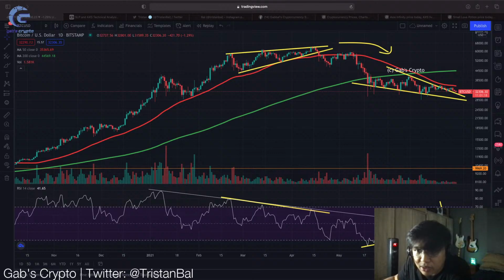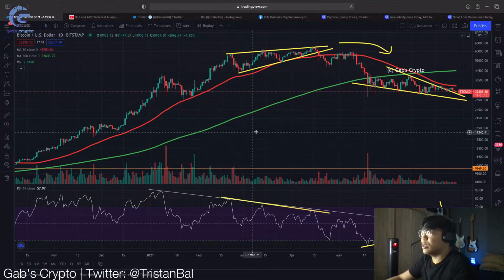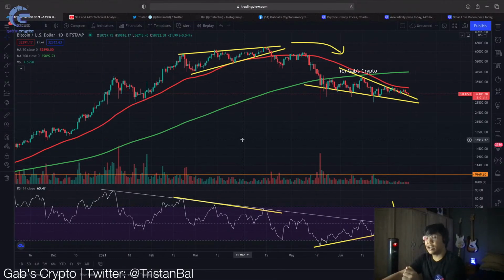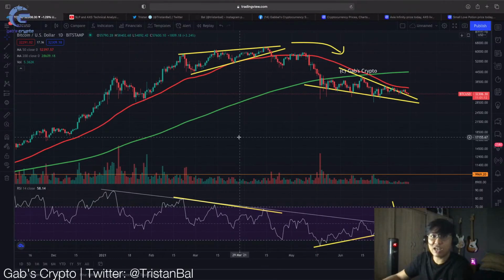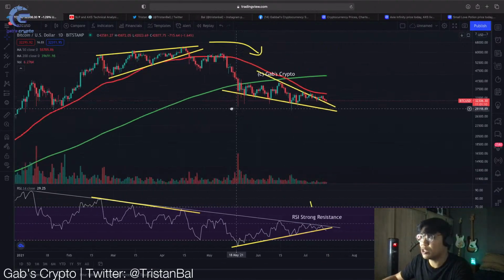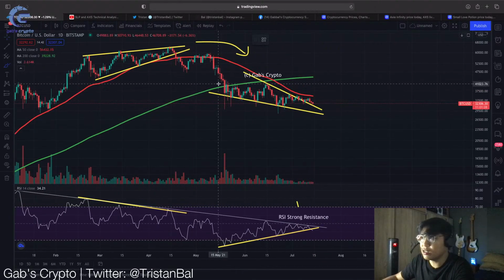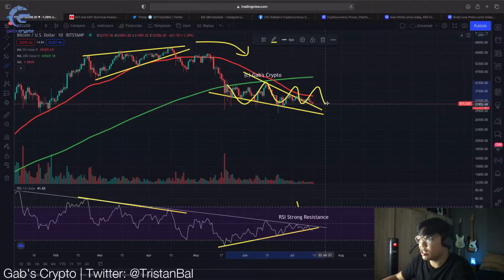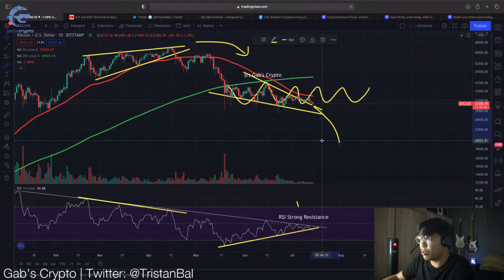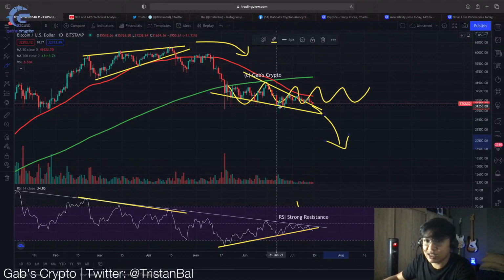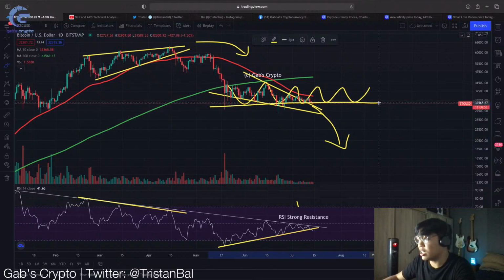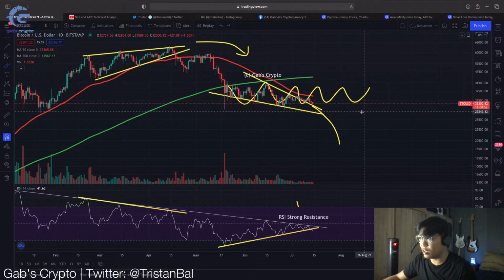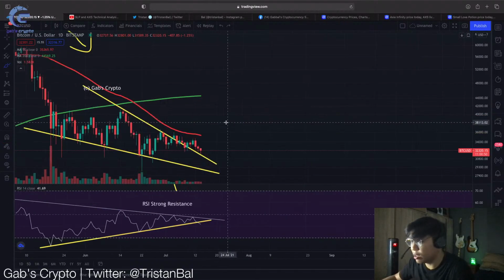So yeah, let's now move on to Bitcoin naman. Kasi di ba sabi natin, aakyat lang si SLP and Axie Infinity as long as Bitcoin is moving sideways, as long as healthy si Bitcoin, as long as we are not seeing a Bitcoin breakdown. This would indicate na healthy ang movement ni SLP and Axie. So kailangan ni Bitcoin ngayon mag-stay within this area. So, let's dive into the Bitcoin chart muna.